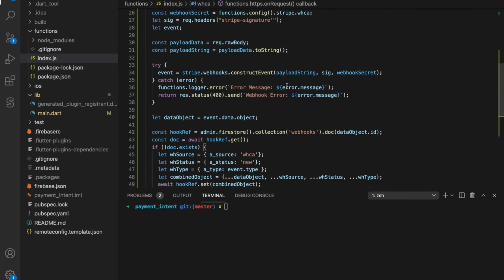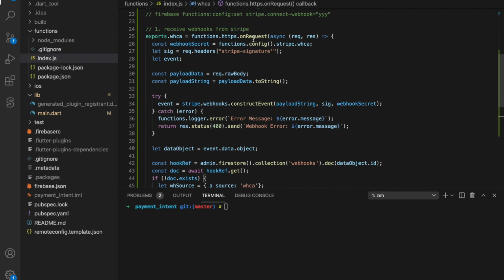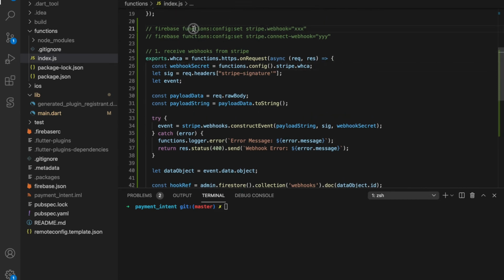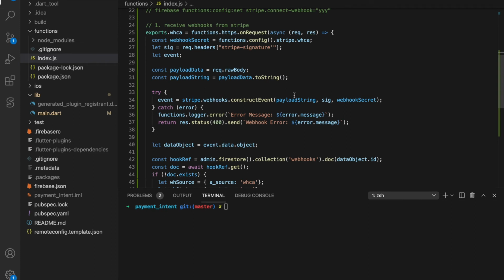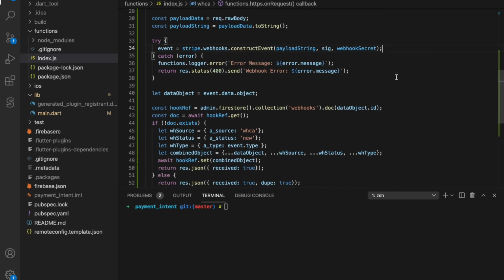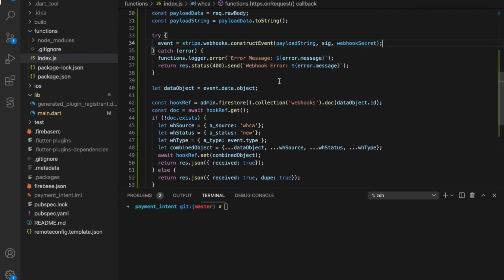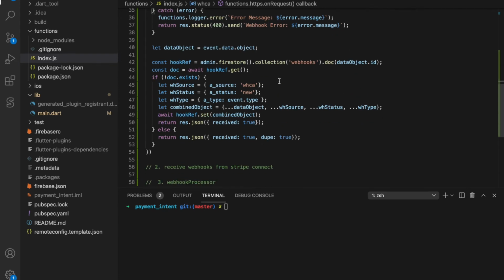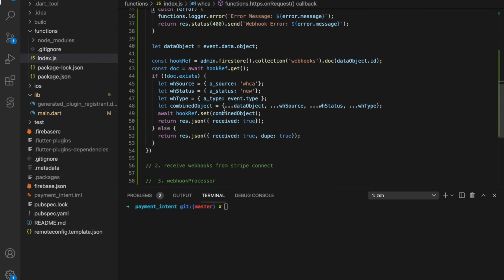And that's really all there is to it. So let's go back through and make sure we haven't missed anything. We've got an on-request HTTPS function. It's going to grab the webhook configuration secret from our configs. And then we're going to grab the payload. We're going to construct an event, which is part of the Stripe library. We're going to use the payload, the signature, and our webhook secret to make sure it all matches and it's authenticated. If not, we're going to say goodbye, and then we're going to add a few things into the